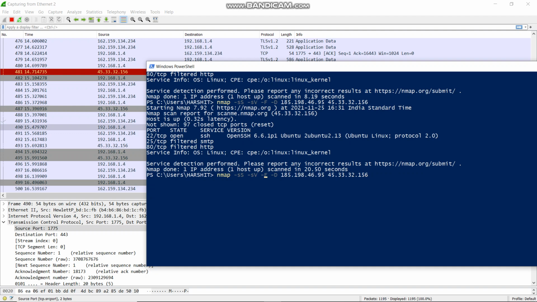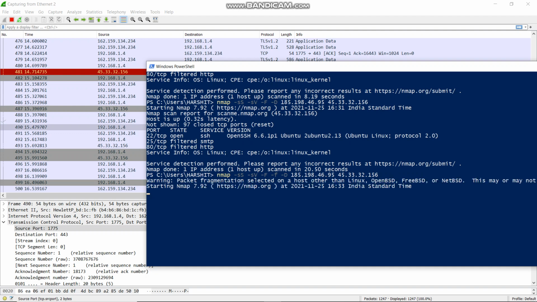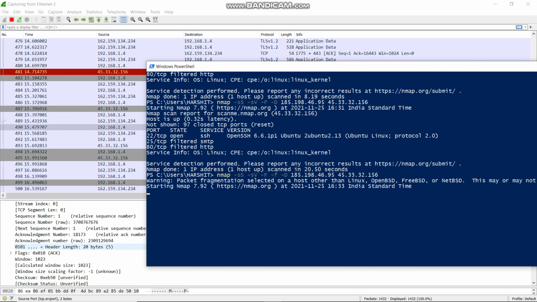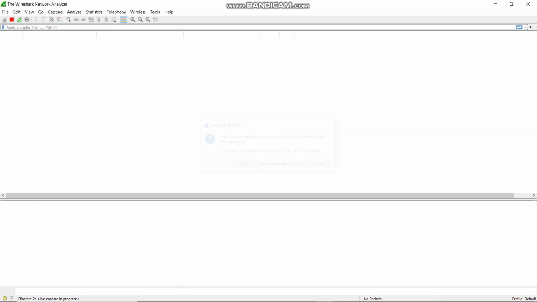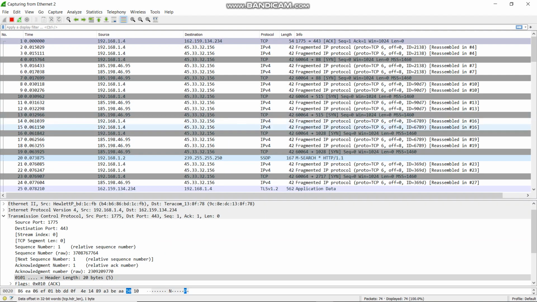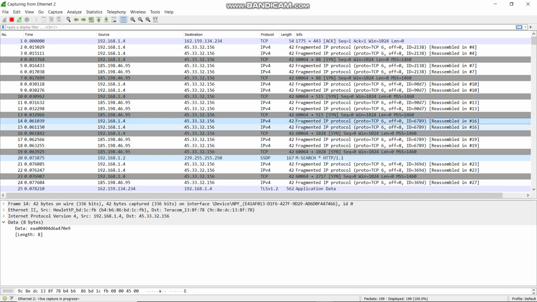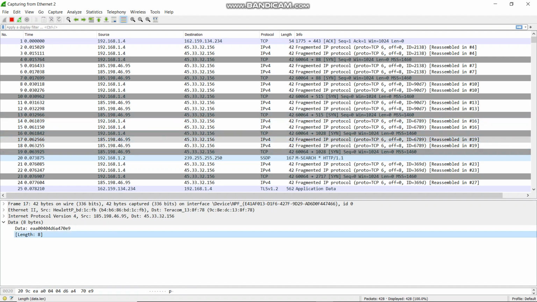After fast scanning, I'm using small f for fragmentation, and here is the random IP. And now you can see the data length is 20 bytes. Now let's see it again after fragmenting the IP. Here you can see this is the random IP I used, and now the data length is 8 bytes.